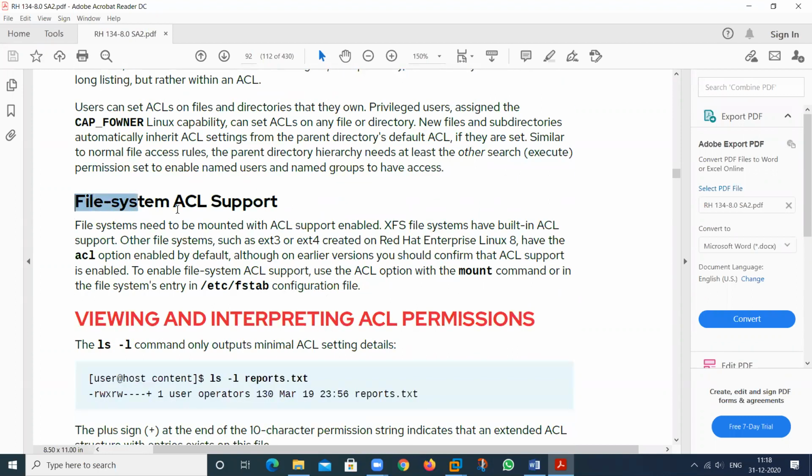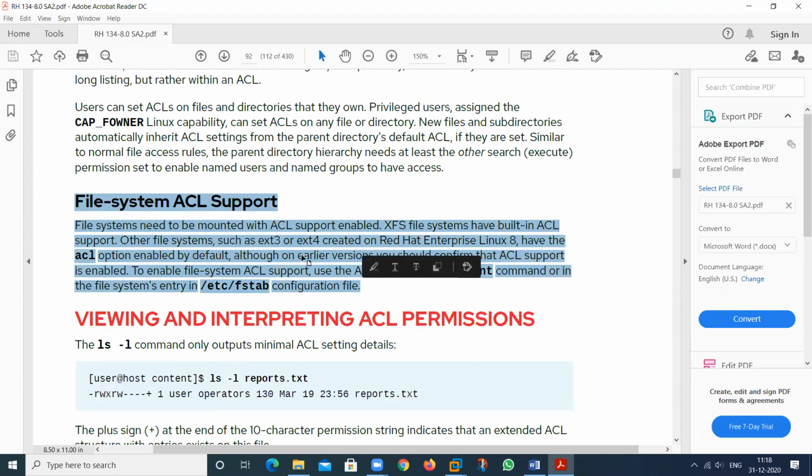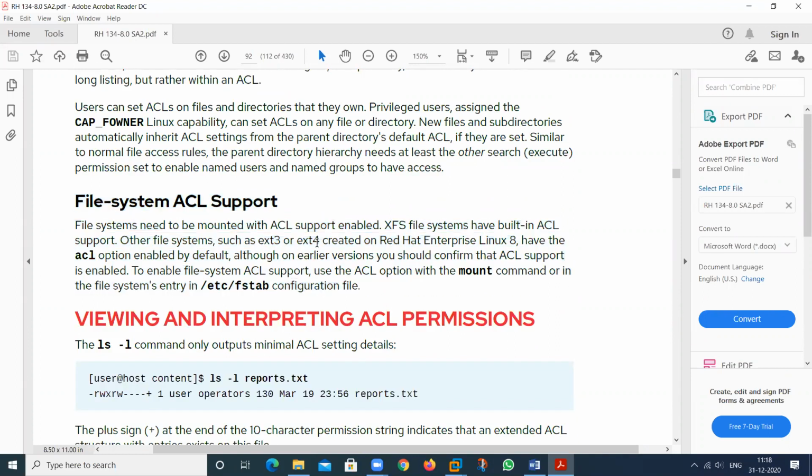Now this will tell in which particular file systems ACL will be available. It is available in the ext3 file system, ext4 file system, and XFS also. Suppose we use XP and format it as a FAT32 file system, then NTFS permissions will not be available on that file system.